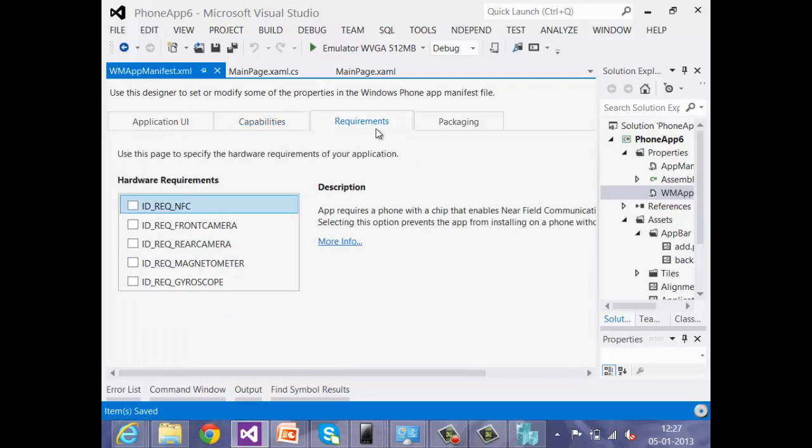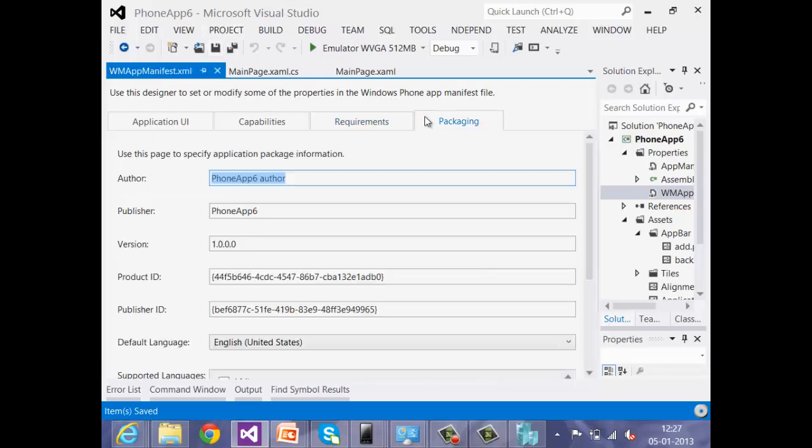And requirements, this is something new here. If your app is using some of the capabilities like the front camera, and if the device doesn't have that, right, you don't want the user to download that app at all, and you don't want the user to search that app at all from the store. So you say, okay, I check this option saying that only for the devices that have a front camera, let them browse the app and then install. When I check this, the devices that don't have a front camera won't be able to see the app in the store.